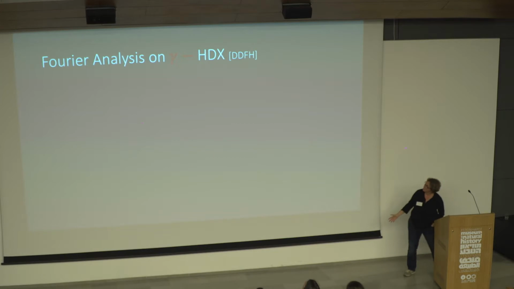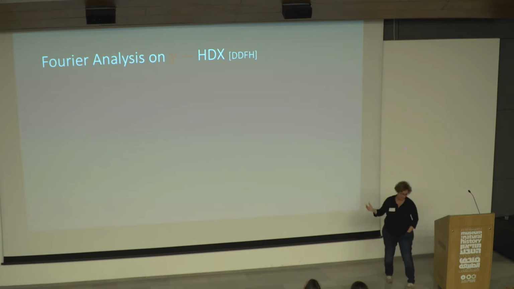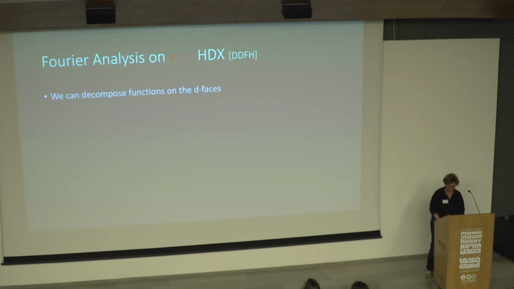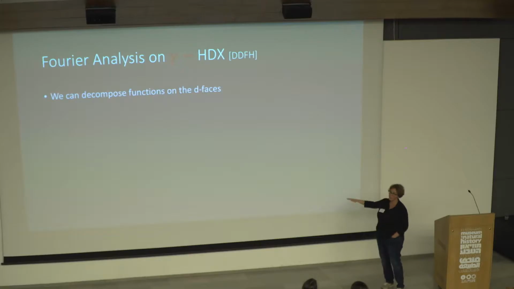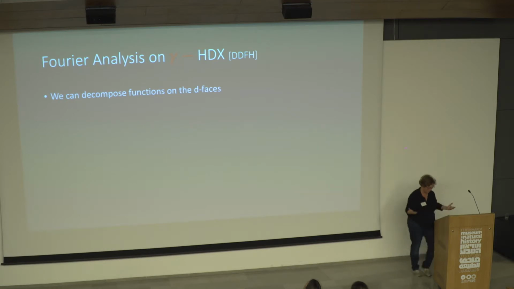So here is something you can do with this outlook on this object, which is you can do Fourier analysis like we do on the Boolean hypercube. So you think of having a real-valued function on the d faces. Okay, so you have a function that labels every subset of size d with some real number. And you want to understand this function,